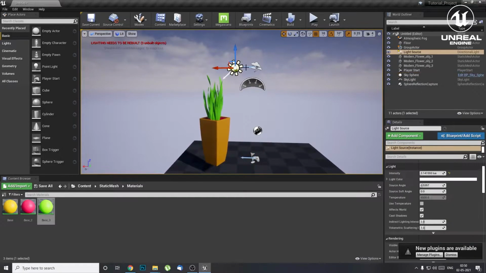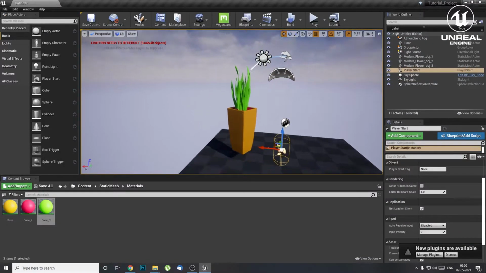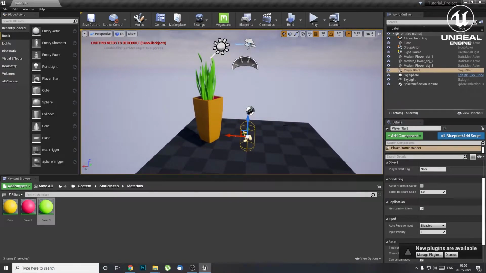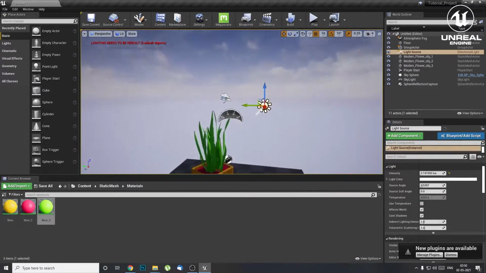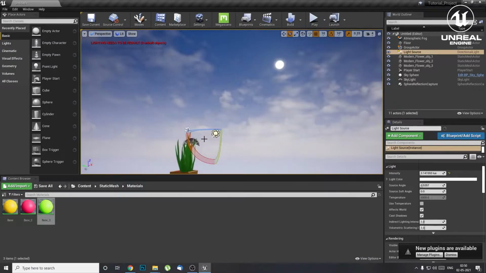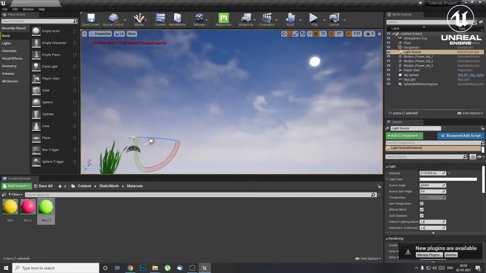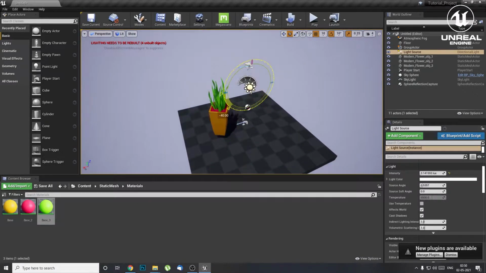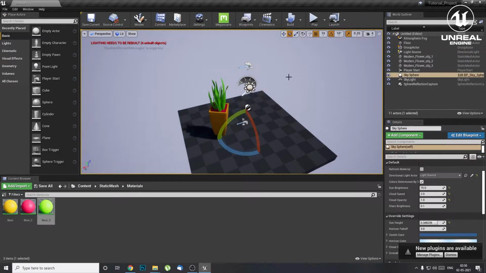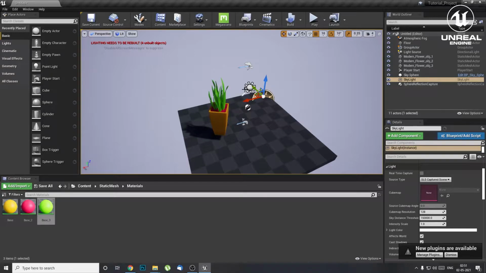So you'd be thinking, what are all these things inside this, right? Don't worry, these are the basic things that we'll see now. This is basically the directional light, also known as your sun. It gives the direction of the light, from where the light is coming. And this is your skylight. The skylight is something that captures the light coming from all directions onto a single point so that it properly illuminates the scene.